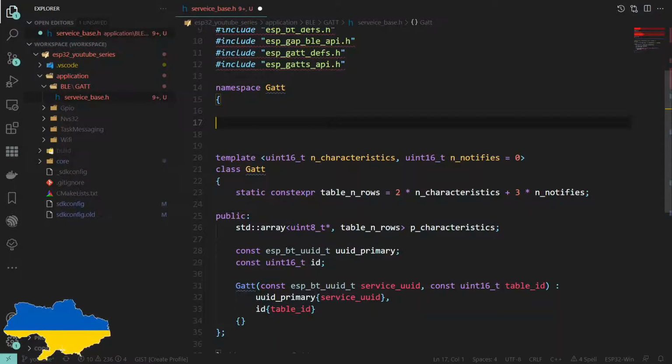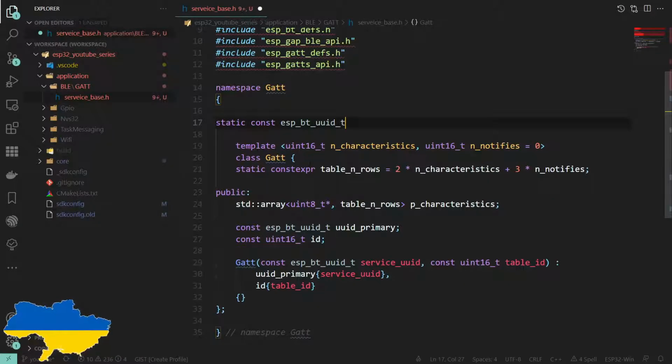And we can actually fill some of these out. Now, the API gives us some types. In fact, we already know these types. It's just a UUID. So we have a UUID type, which is the primary service UUID.